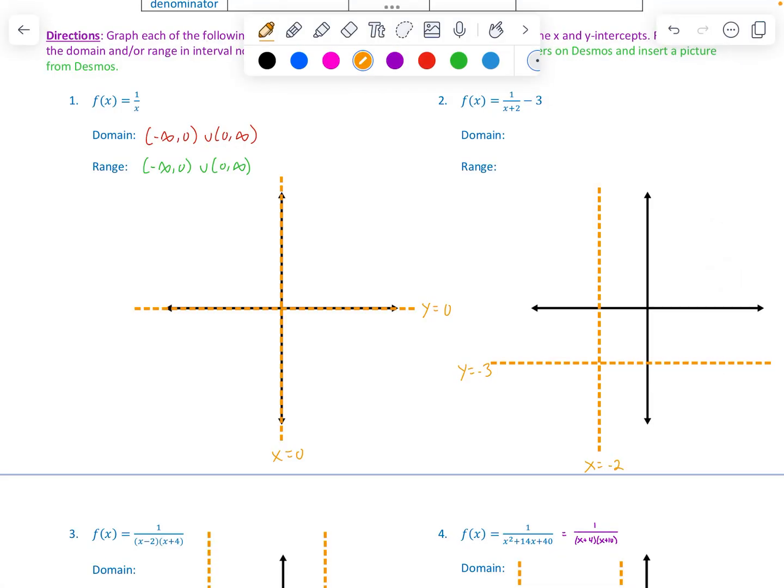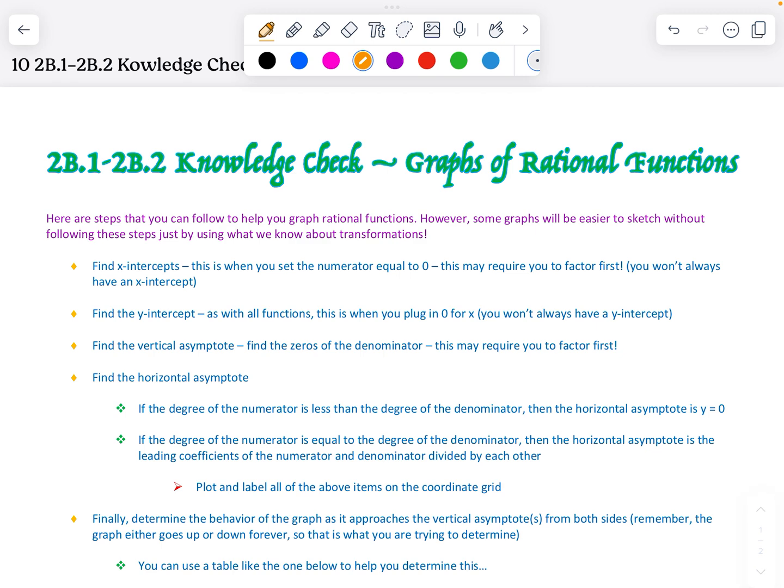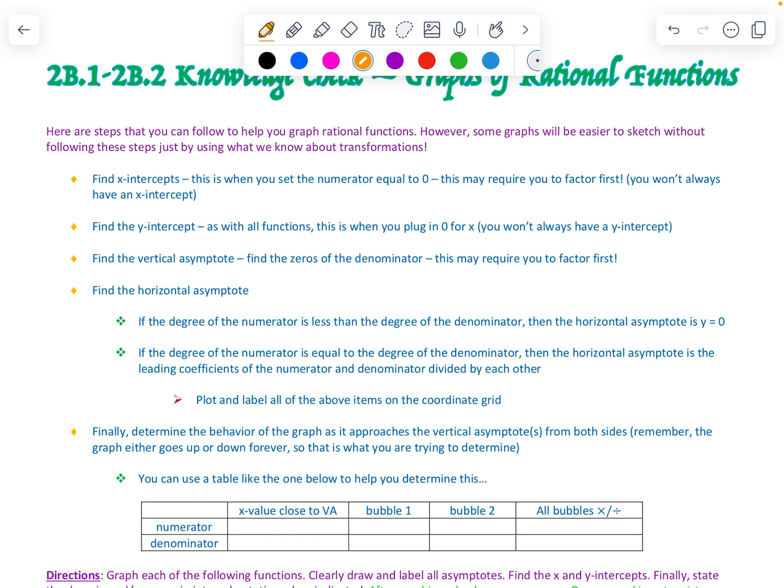All right, hello everybody. This is a video key for your 2B.1-2B.2 knowledge check. Hopefully at some point you have read all this information at the top, which summarizes everything we've